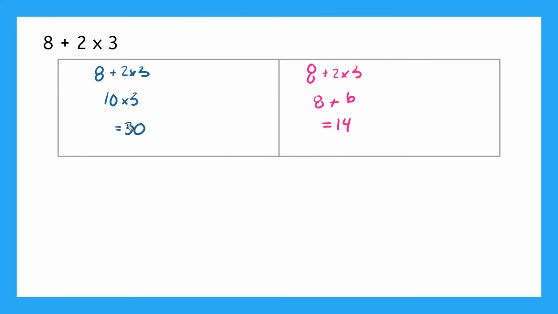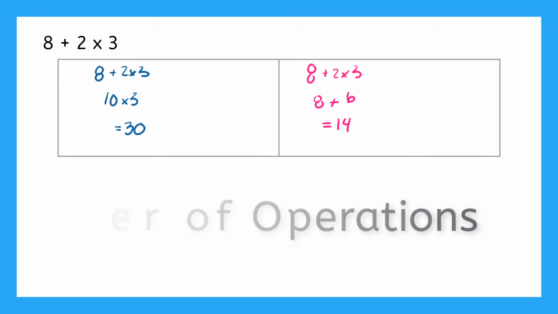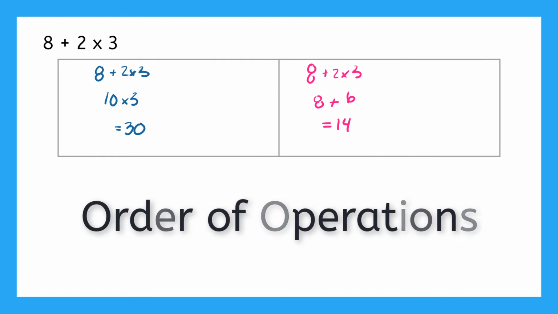Now these are two very different numbers, right? And in math, we really don't like getting two different answers. So how do we know which one of these answers is correct? Well, we have this thing called order of operations, and every mathematician and scientist agrees to follow the order of operations. This way, when we need to send a rocket into space, we make sure we have all the right